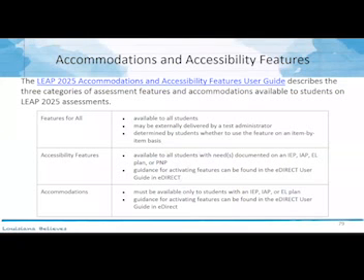All right, a few assessment reminders. We had several of you ask if we could just repeat some of the accommodations and accessibility information that we've delivered over the past several years. So we have a document called the Accessibility and Accommodations User Guide. This document houses